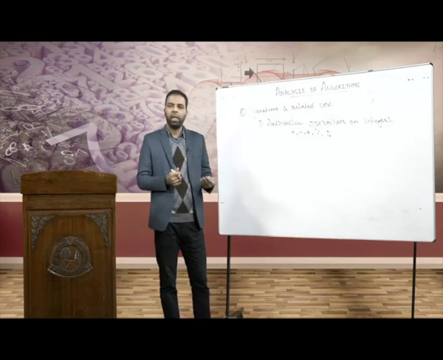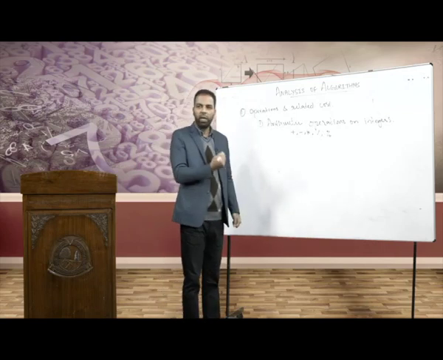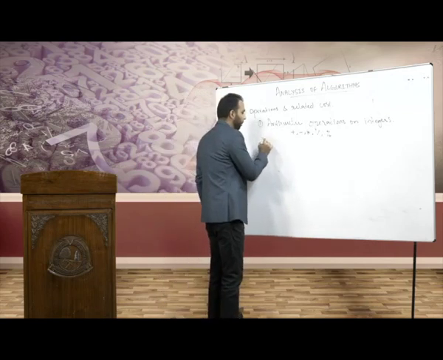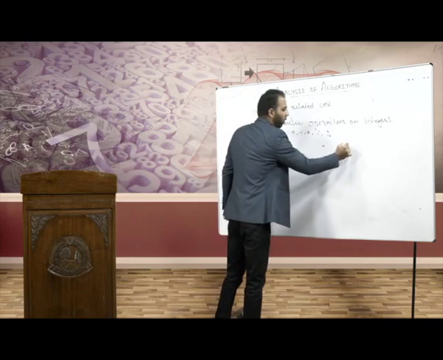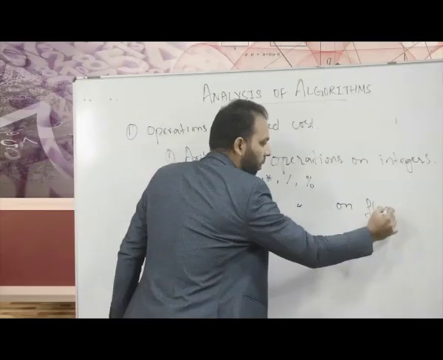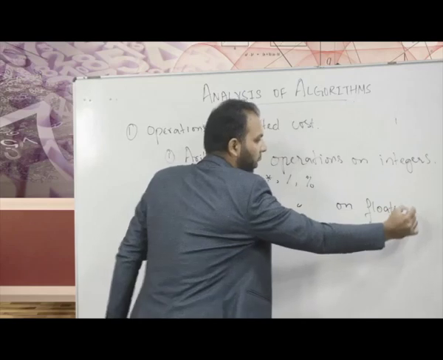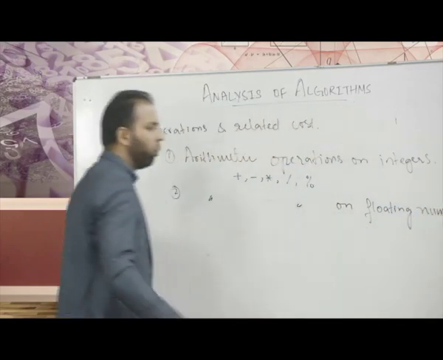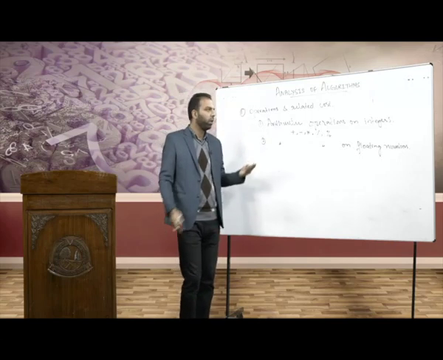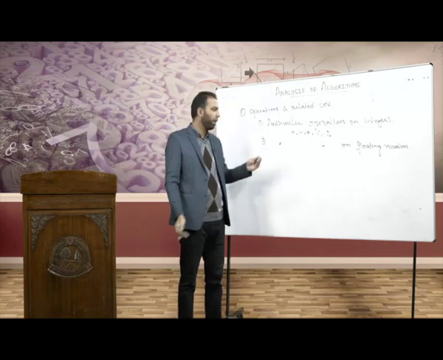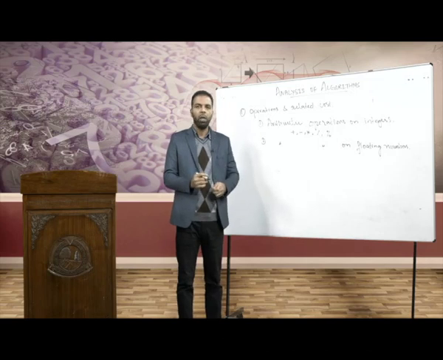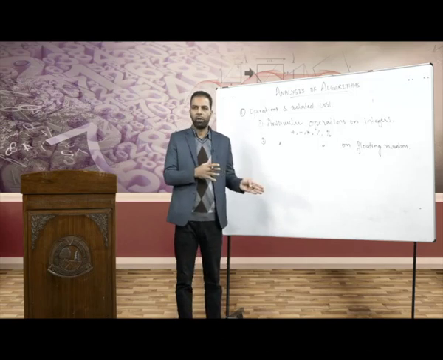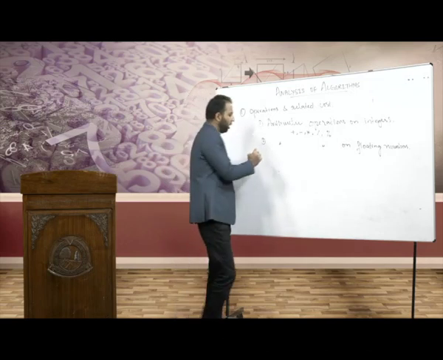The second thing that the type of operation that we can have in our algorithm is same, your arithmetic operations, but on floating numbers. Now the floating point arithmetic is a little bit different than your integral arithmetic. That's why I have shown it separately. Okay, so here also we have to consider these operations. Fine. The third one is